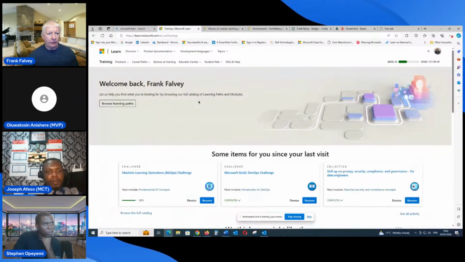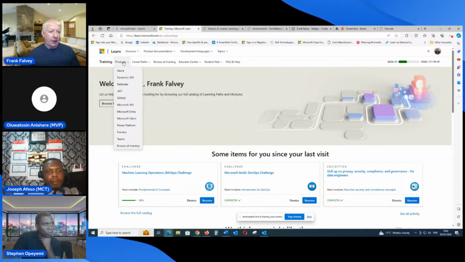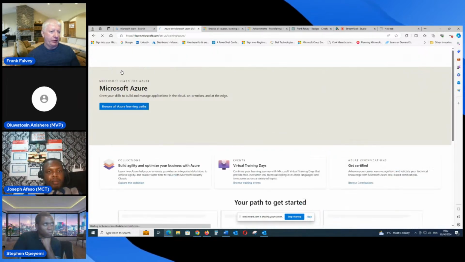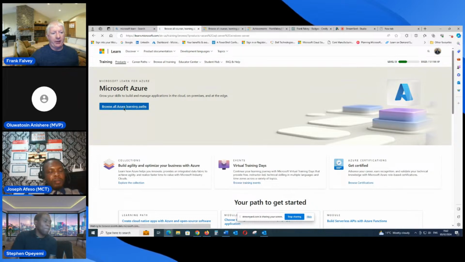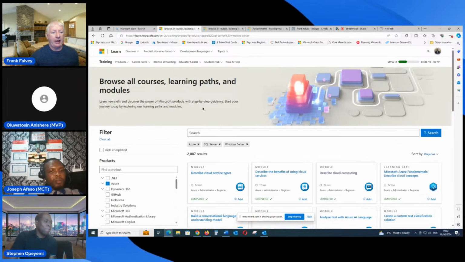This is the Microsoft Learn platform. As we were talking about Azure today, we click on Azure on the left-hand side, and you're presented with browse all Azure learning paths. We'll click into that one.